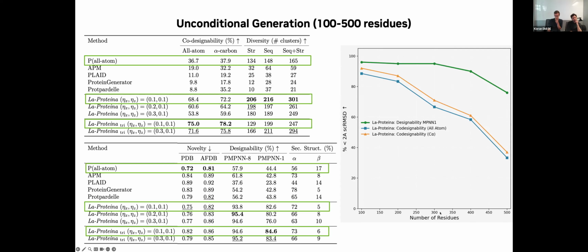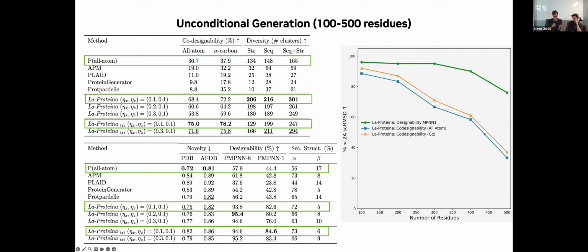You can see on the x-axis the number of residues, and on the y-axis again the co-designability or designability success rate. The fair comparison here is the orange versus the green line, because you look at C alpha and only one-shot MPNN. You can see they start out very similar. If you look at 100, 200 residues, which is in practice the length that many enzyme designers or protein binder designers are interested in, we're still at over 90% here, which is pretty good, similar to MPNN. But the longer we go, the kind of